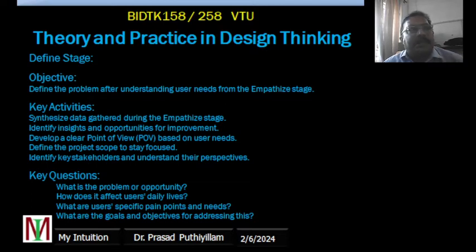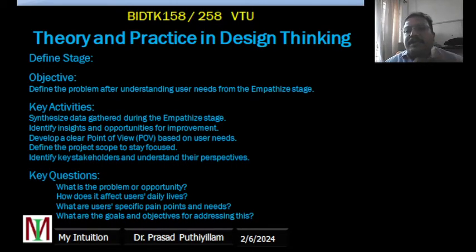That means after understanding user needs, the actual process involves synthesizing the gathered information, identifying the patterns and themes, spotting the key insights and opportunities for solution, creating a clear point of view, we call it a POV, point of view statement, which aligns with the user needs, then establishing the scope of the project,